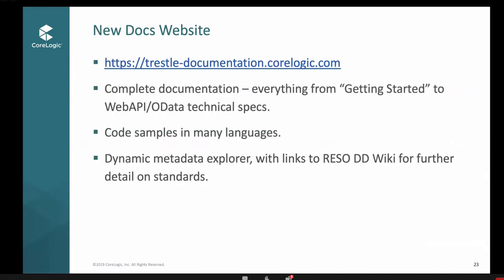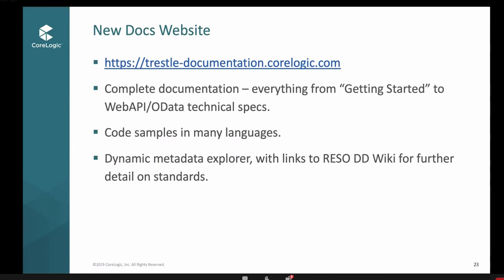All right, last thing, and Justin's going to get in more depth on this in a minute, but we have a new documentation website, trestle-documentation.corelogic.com. We are really, really happy with it, and it is in some way the apology tour of what we had up before it. Big improvement in our documentation, and very much will be a work in progress for life. So we want your feedback. We want anything you encounter that you think, gosh, I wish that was better documented. Let us know. We want to know that. We want to document it.